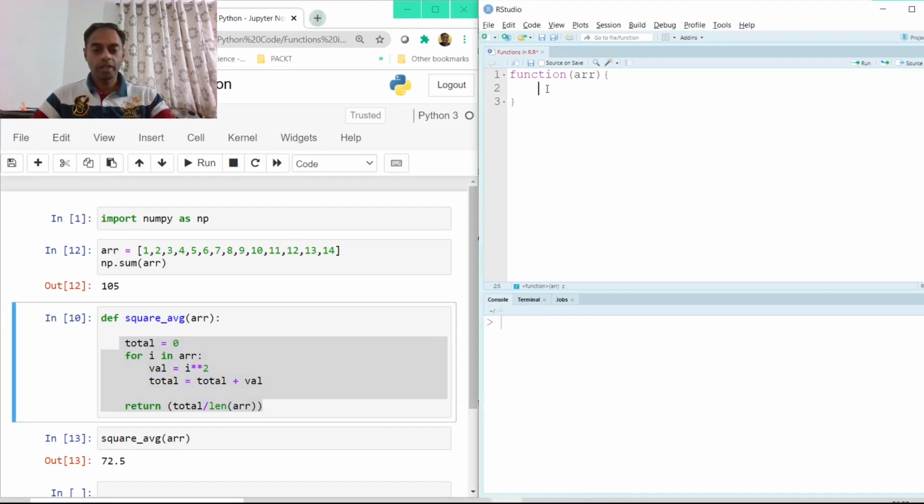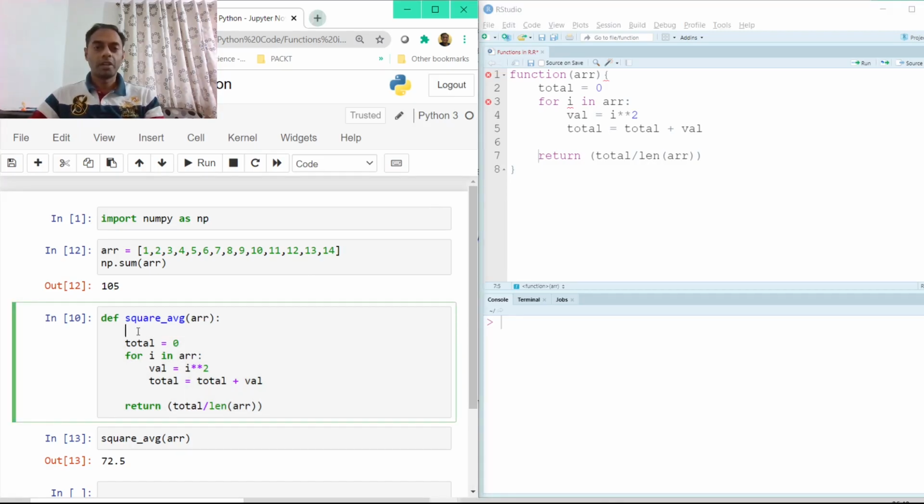So I'm just copy pasting it over here to save time, and that's it. Of course I don't have to do this indentation here, but just to ensure that we understand what is happening inside the code, I'm doing this indentation. That is why I really like the way Python has been implemented. The indentation really is useful to understand where exactly we are and what lines are falling in which category. Is it coming in the for loop or is it outside the for loop, etc.